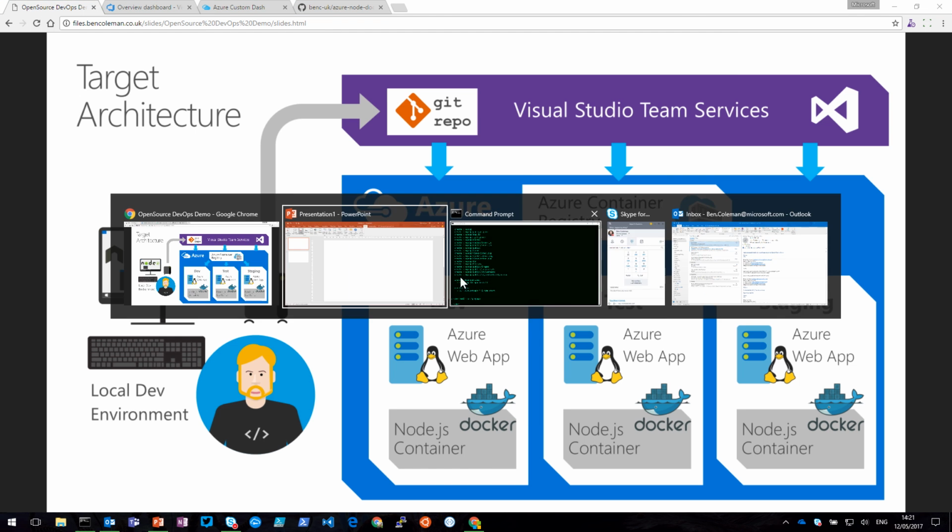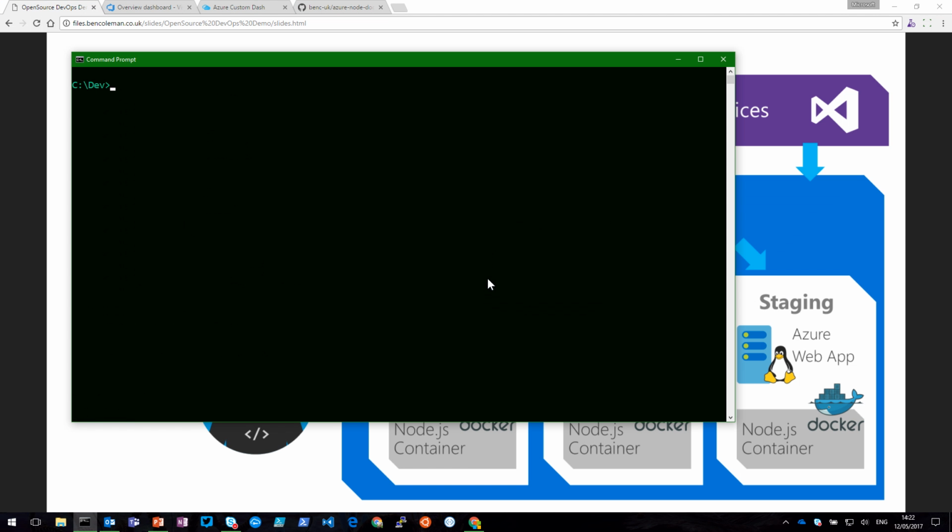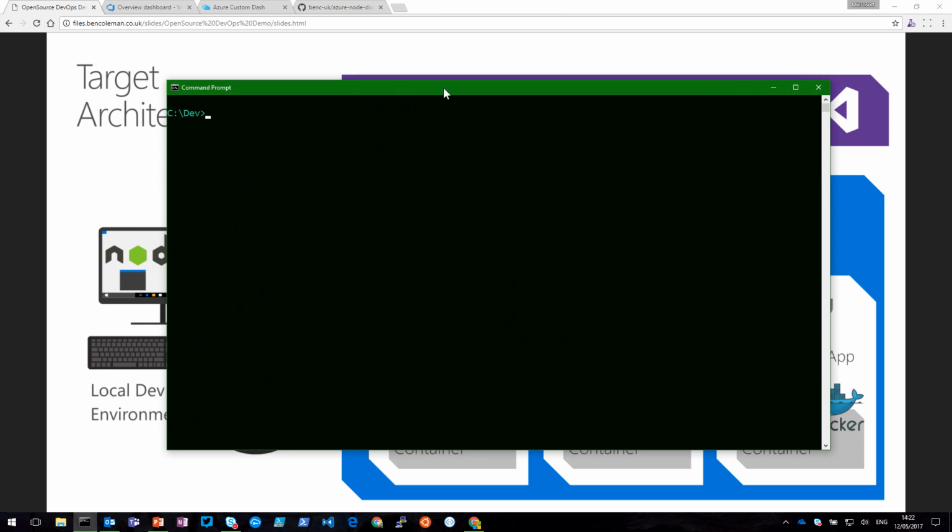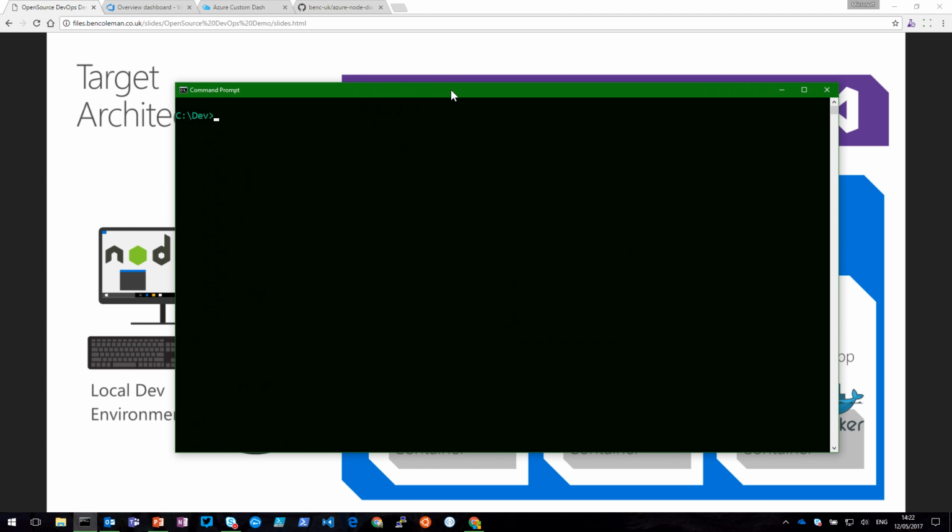So let's make a start. Over here, I'm going to start from scratch. I don't have anything prepared. I'm going to build my application from first principles. So